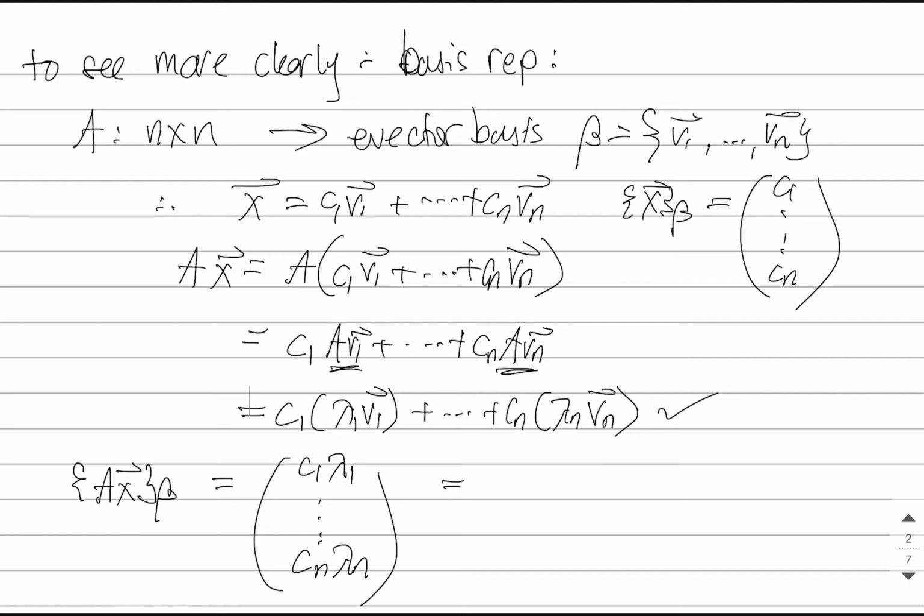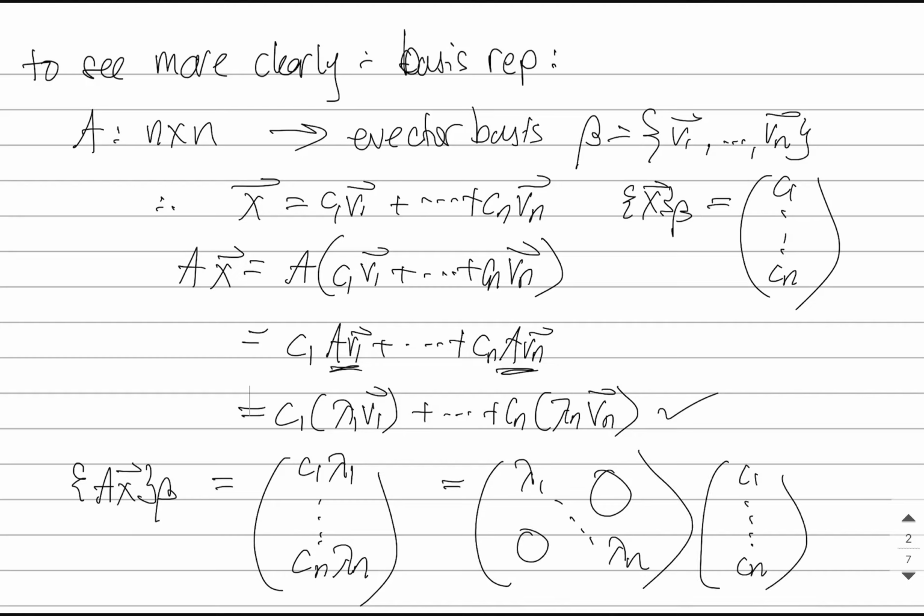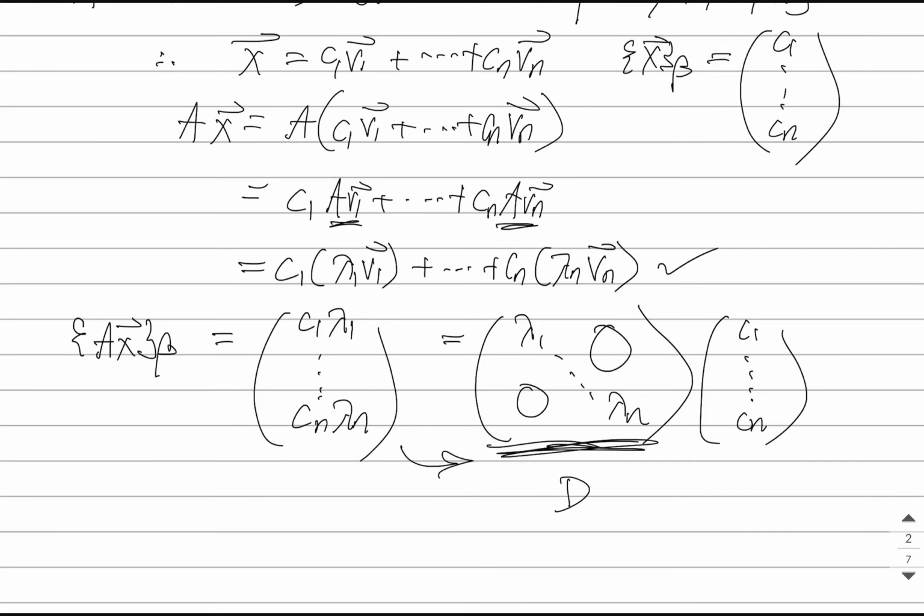That vector could be obtained by taking this diagonal matrix and multiplying it by those weights. This matrix D is formed by putting the eigenvalues down the diagonal, and this vector is just the coordinates of